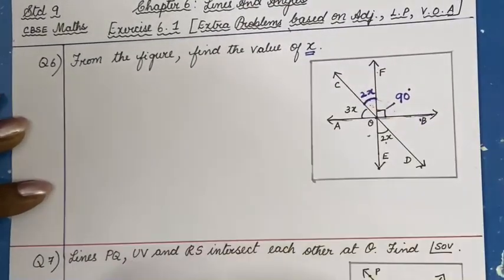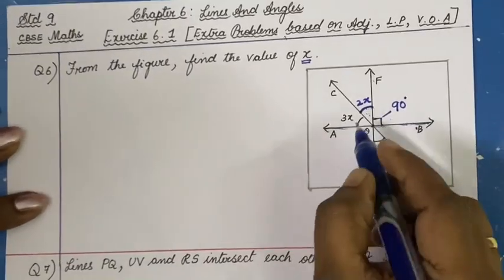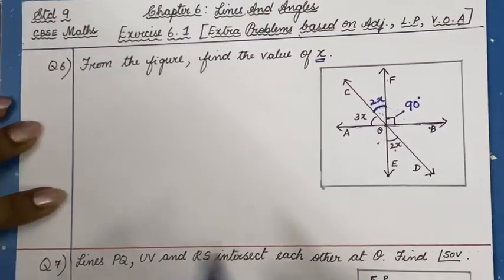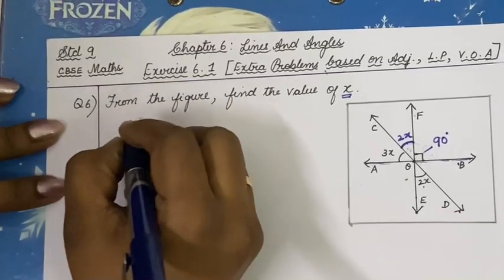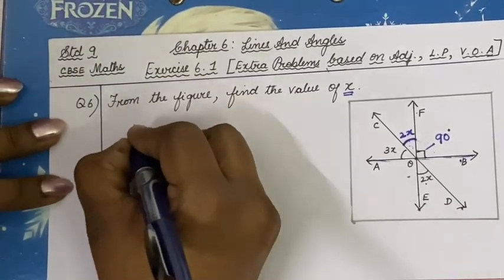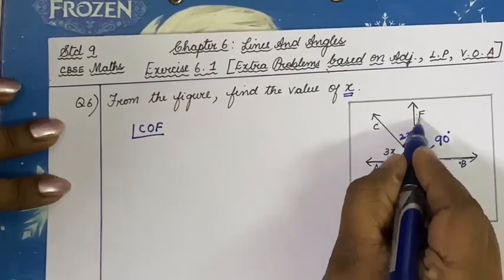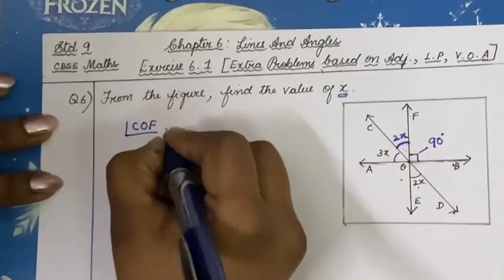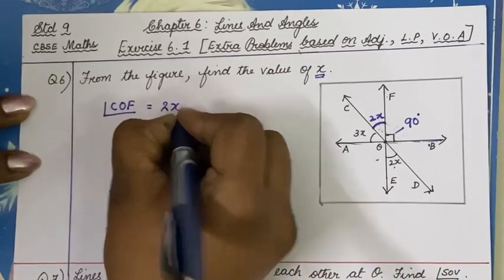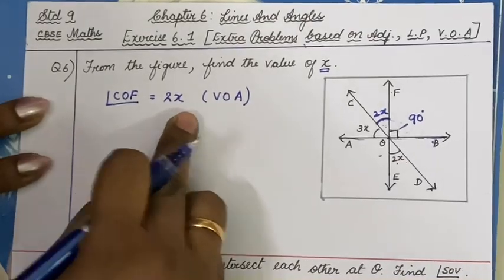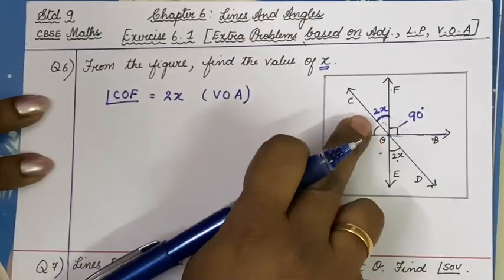So like the previous problems we've solved, we can use the concept of angles lying on a straight line and start solving. So let's start it, children. Yes, so first what we are going to do is angle COF. What can I say about angle COF? It is actually not given in the figure. We are writing it as 2x because it is a vertically opposite angle. So this step itself carries some marks because we are applying the concept here.